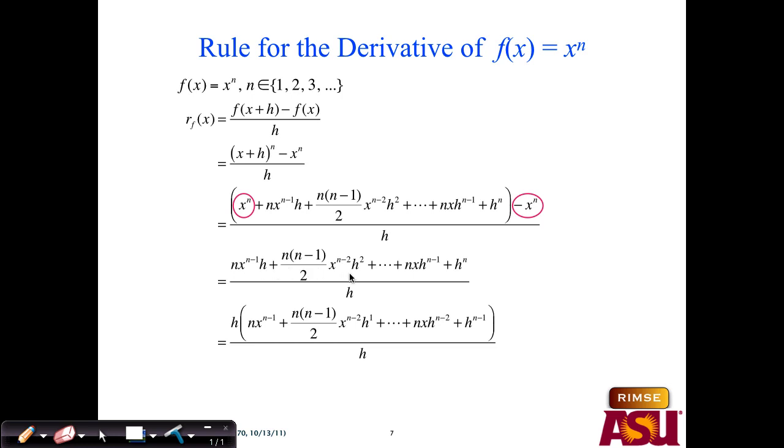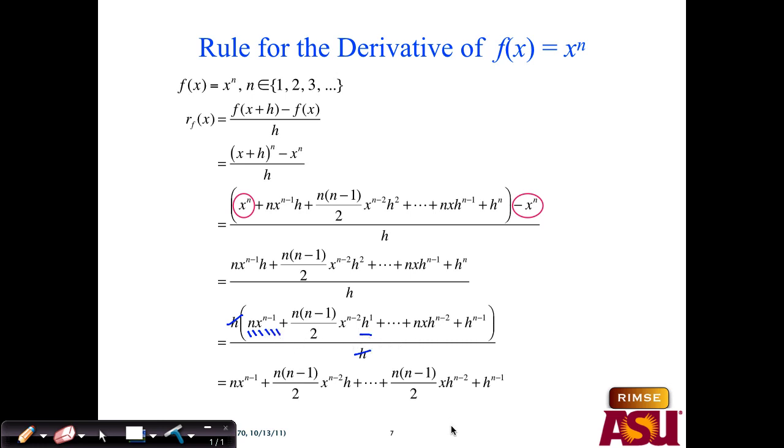The next term had 2, and so forth up to the last term, which would have n factors of h in it. The last term is simply h to the n power. If I factor out 1, I can cancel out this h with that denominator, and notice that this first term doesn't have any h's in it, but every single